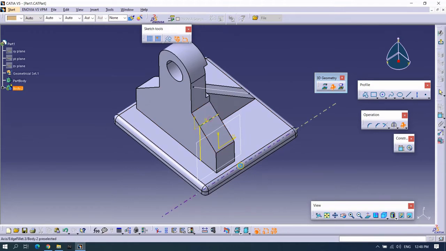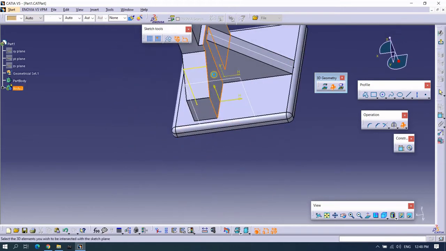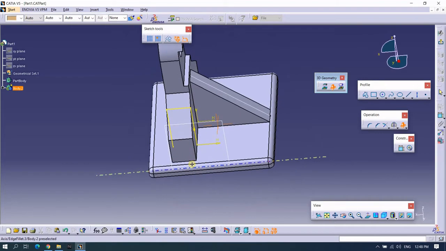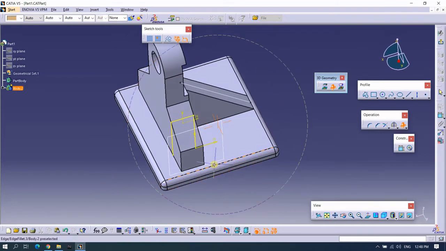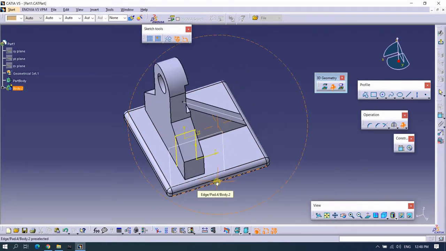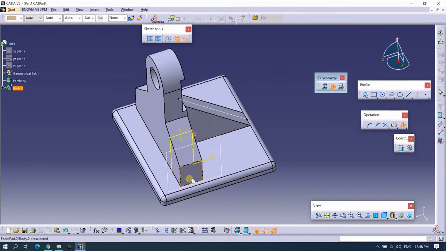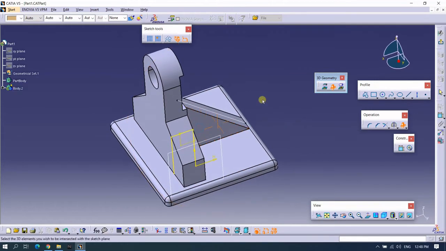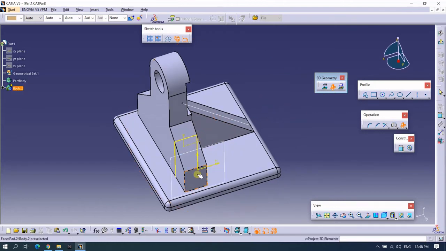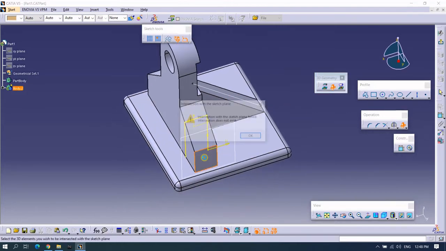I will select again this face. Now I will also select this face. You can see it is only giving us the line at which the selected face and the plane is intersecting. Now if I select this face, it will again give me the error as the intersection does not exist.